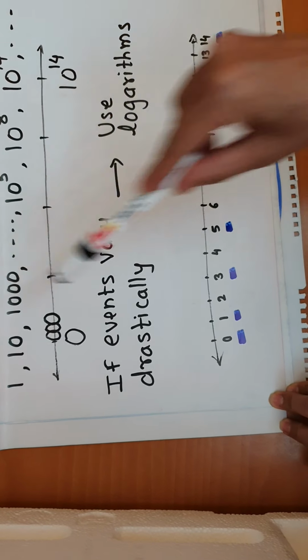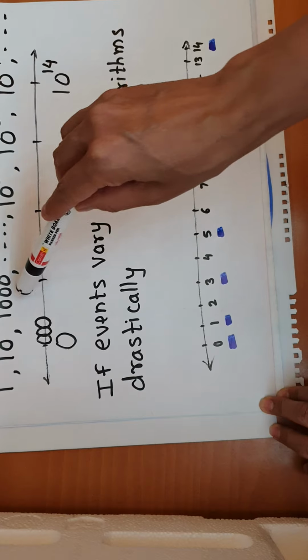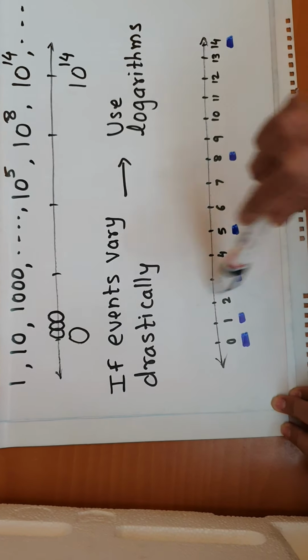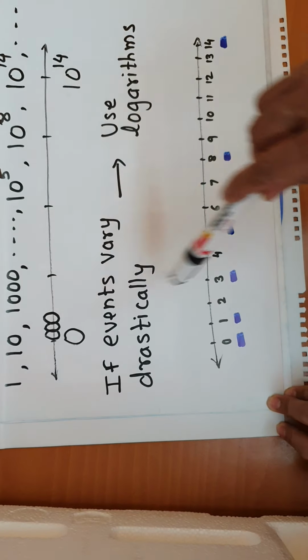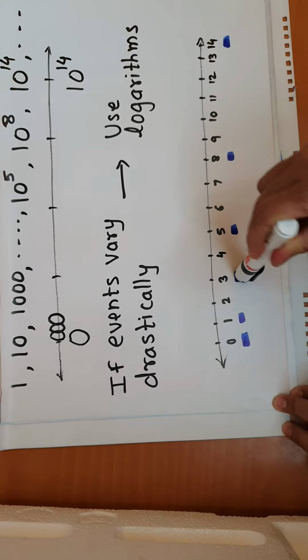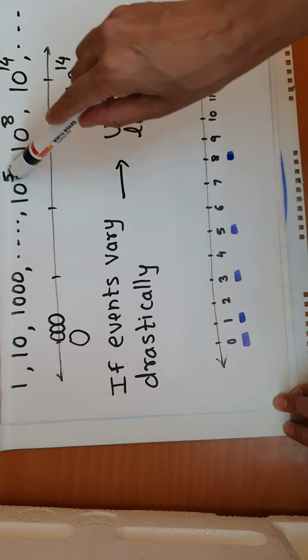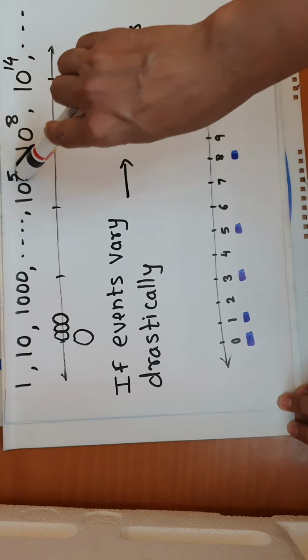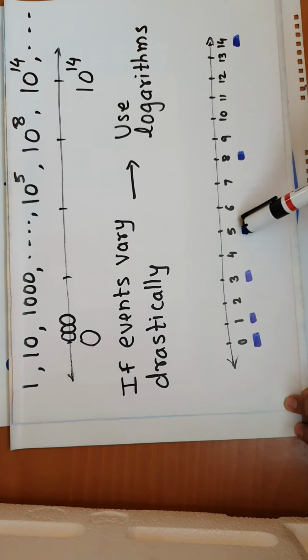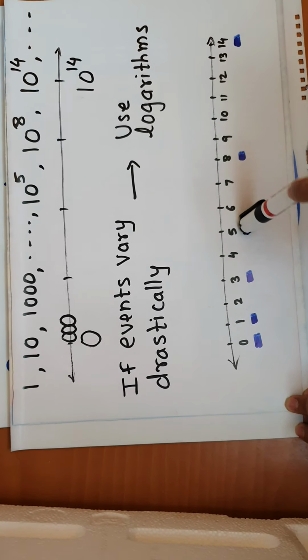1000 is 3. How? We have discussed log of 1000 to the base 10, we got answer 3. So instead of writing 1000 on the number line, we can represent it by 3 using the logarithmic form. Also log of 10 raised to 5 we discussed, it is 5. So 10 raised to 5, this huge number, can be represented by the tiny number 5.